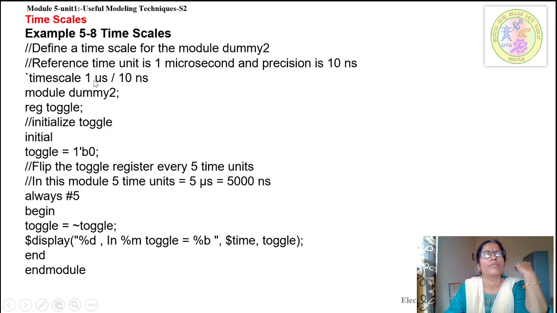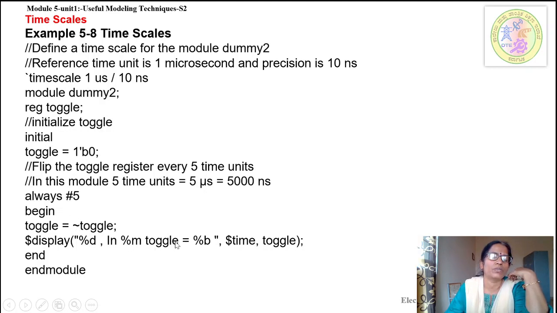Here we are making the time scale 1 microsecond by 10 nanoseconds. So it is going to be how much? 1 by 100, so 10 to the power of 6 by 10, so 1 millisecond will go, we are going to get 100 units here. In model dummy2, toggle register initialize, the same program, always at 5.